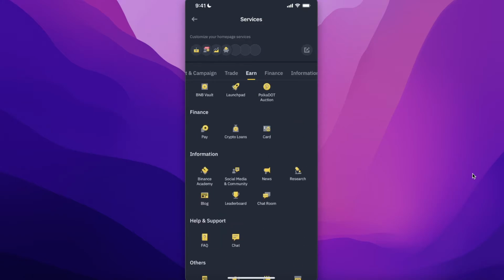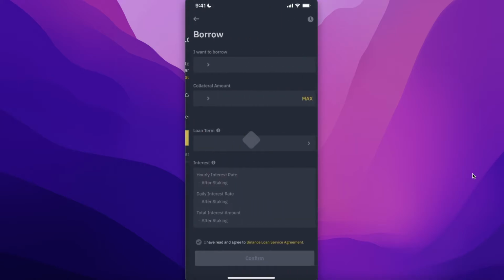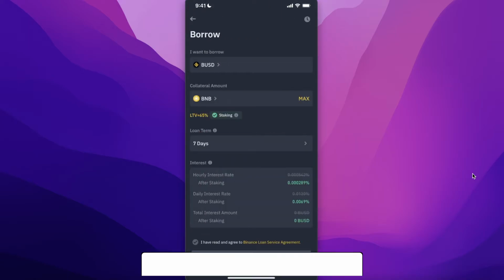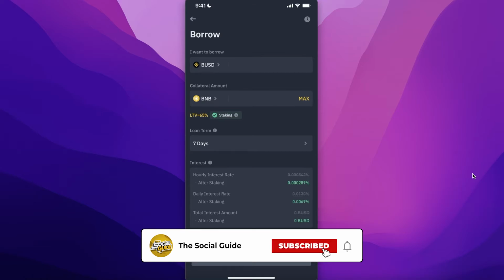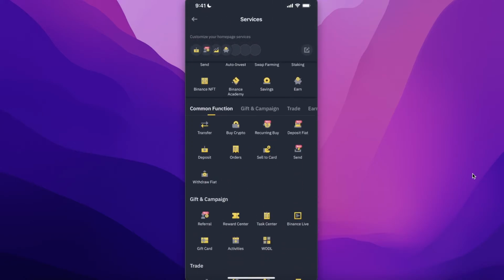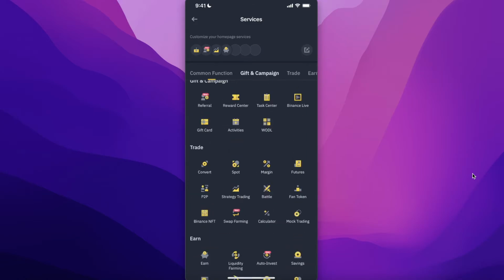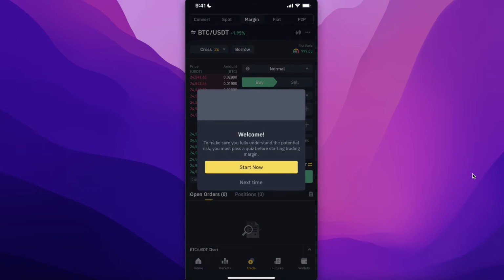You also have a simple financing option where you can go on crypto loans and click on start borrowing, and you can borrow BUSD and add a collateral amount. So this is often very helpful in terms of doing margin trading and high leverage trading, but you need to make sure that whenever you are doing high leverage trading that you do have a good understanding of how to trade, because if you do high leverage trading, which basically means margin trading over here,